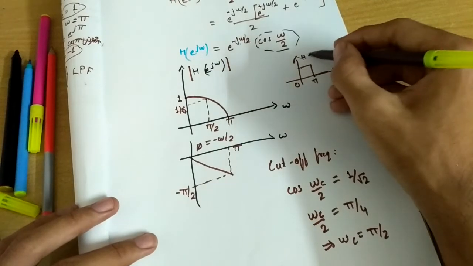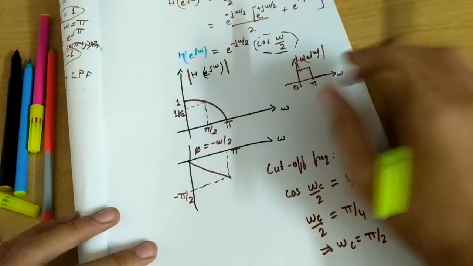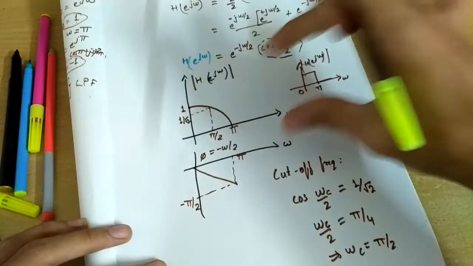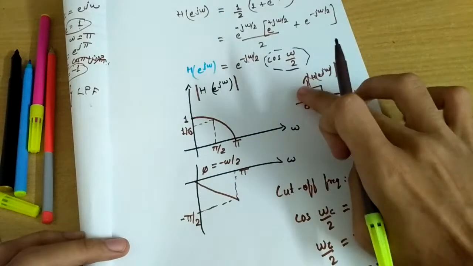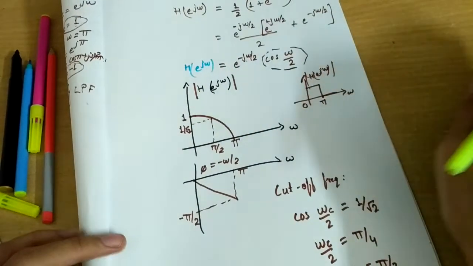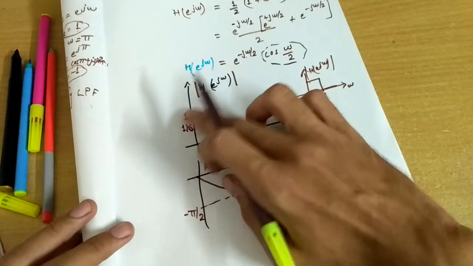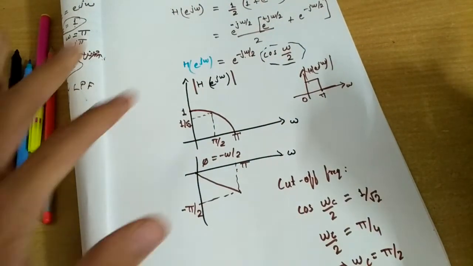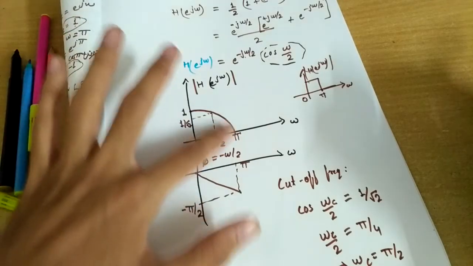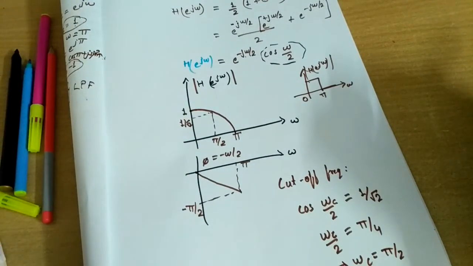This is the magnitude response of an ideal low pass filter, right? But this is the actual low pass filter that we can implement. Here the ideal is not possible, because abrupt change is always avoided by nature, right? So this is practically not possible. This can be possible, but this will be less efficient because it is not that sharp. We want our curve to be sharp so that we can get more efficiency.